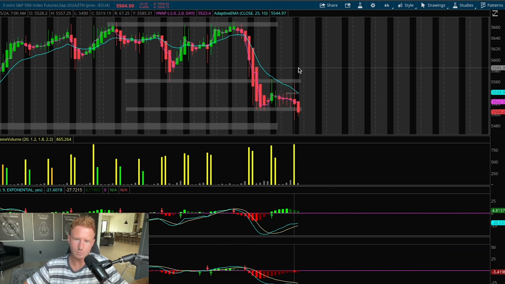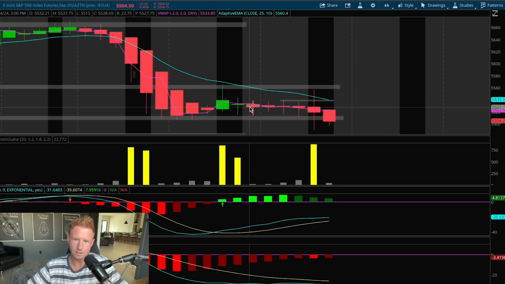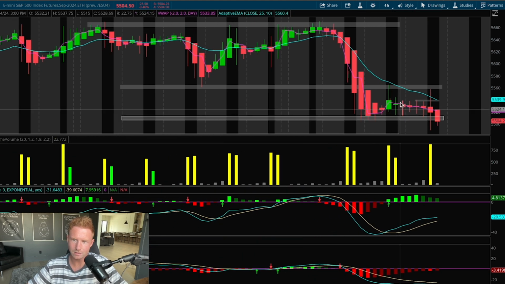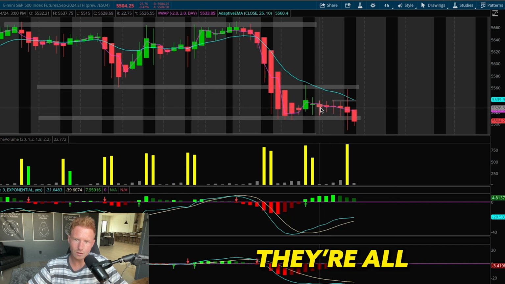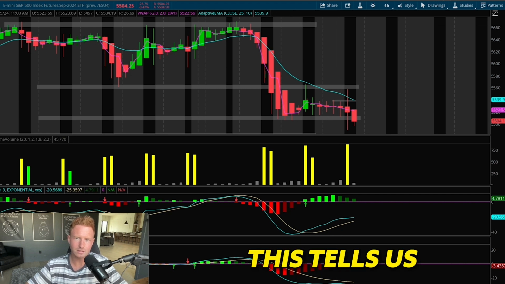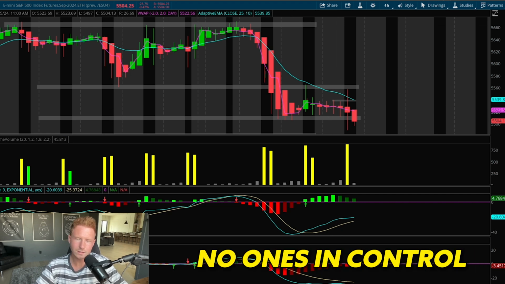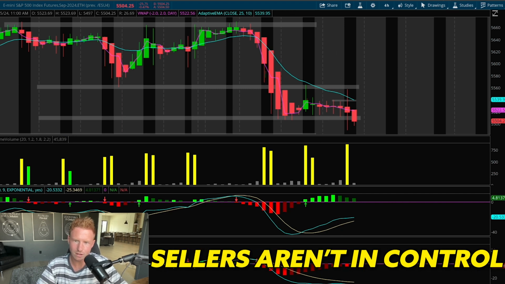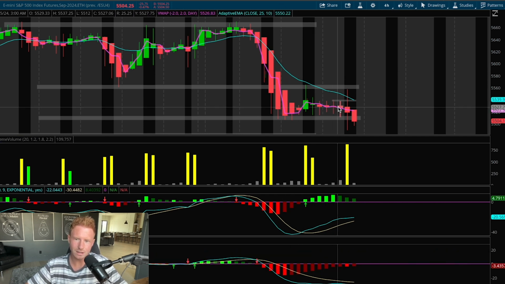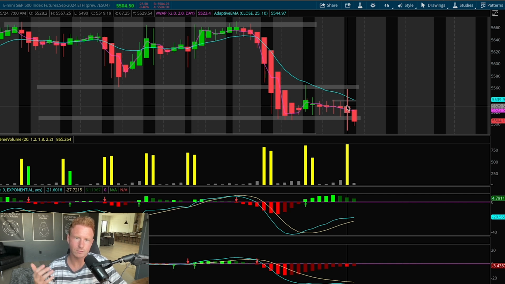As we can see, when the market opened today, the pre-market is the gray area, right? What do we notice about these Heikin Ashi candles? They're all sideways candles. When we have wicks on both sides and a small body, this tells us there's indecisiveness. No one's in control. Buyers aren't in control, sellers aren't in control. Those are indecisive candles. So this tells me that on the open, I should probably wait for some market structure to form,